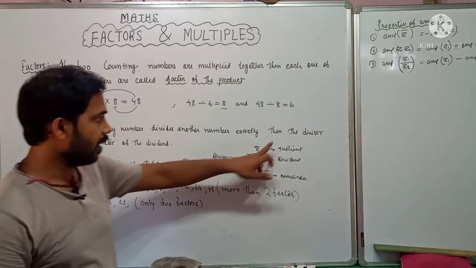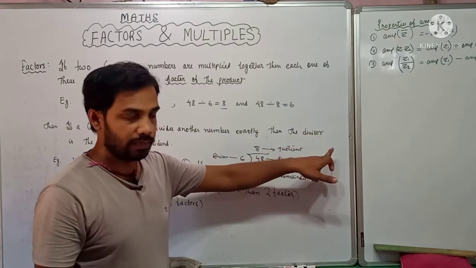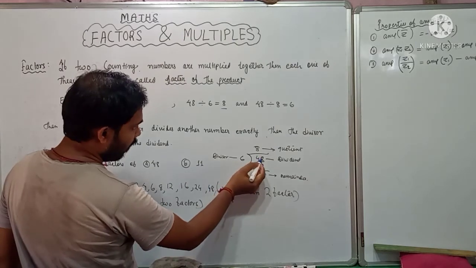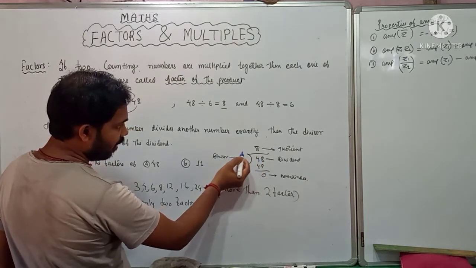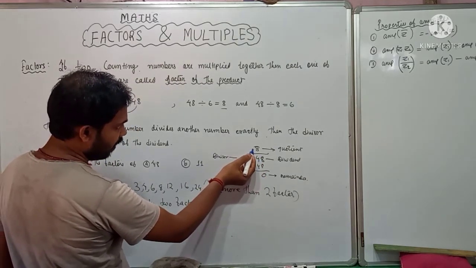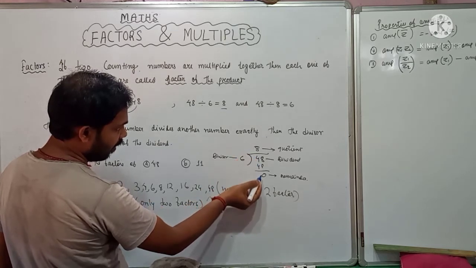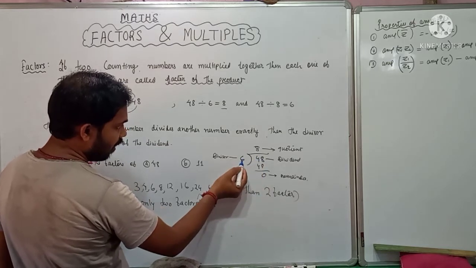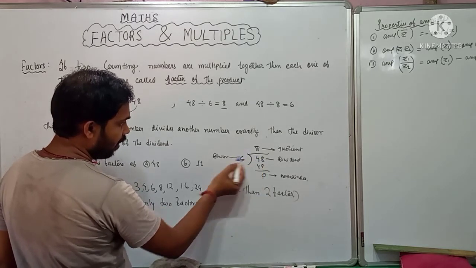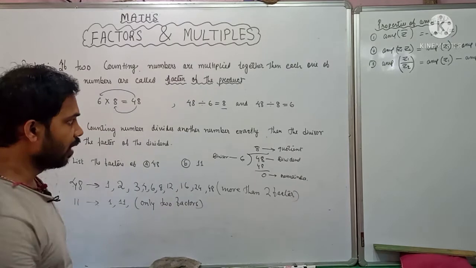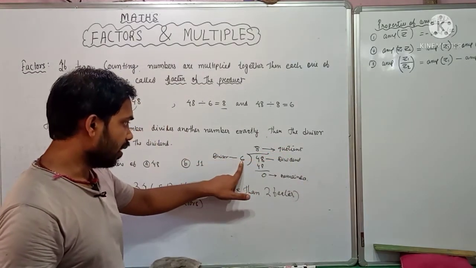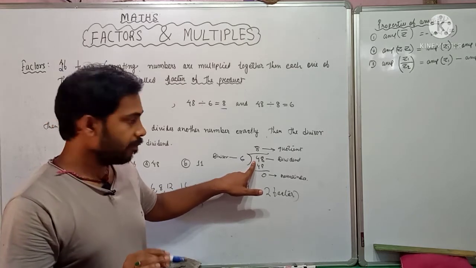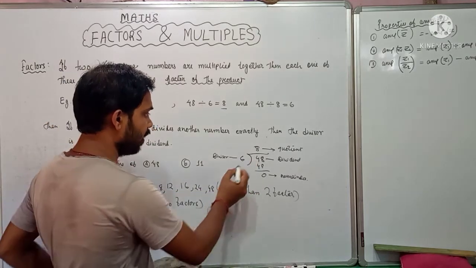Then the divisor, what is a divisor? So you see here, for example, if I take 48 and divide it by 6, then I get quotient 8 and remainder 0. This number is known as the dividend, and the number that is used for dividing it is known as the divisor. So the divisor is the number that we use for dividing. We have already learned about dividing. So 6 is the divisor here.